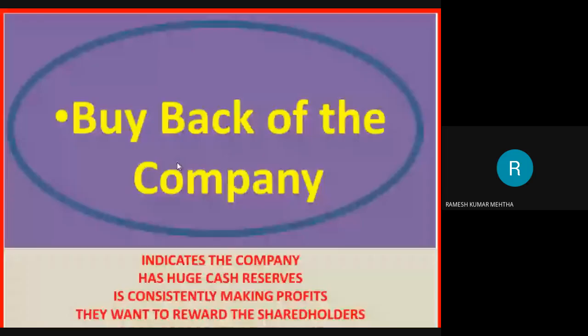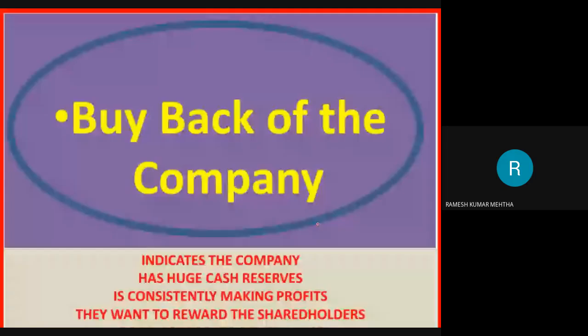Next one, buyback of shares. Another factor you have to look into is whether the company is coming out with a buyback of its own shares from time to time or not. Many companies have come out with buybacks. For example, Polyplex has come out with a buyback scheme. Number two, SRF has come out with a buyback. Number three is Monte Carlo. There are so many companies like this.